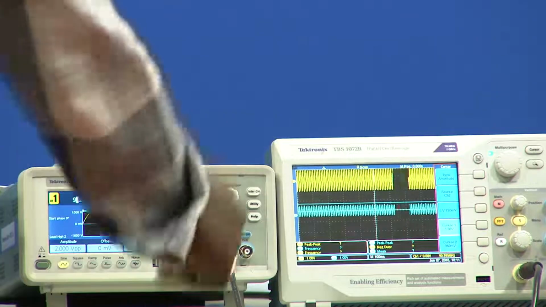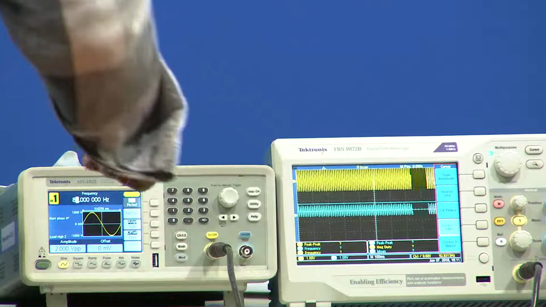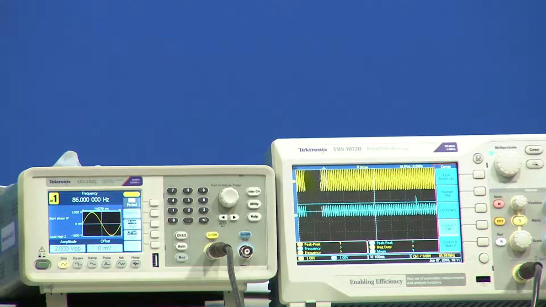Now, in order to make it a narrow band, we also have to change the resistance value.